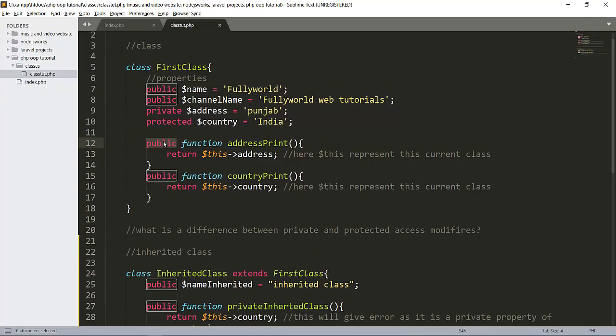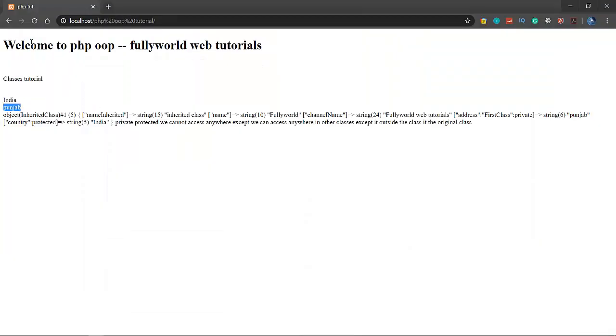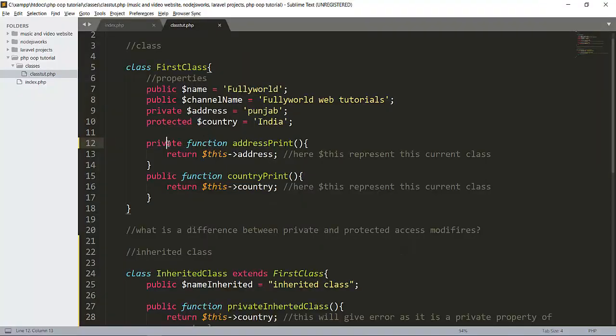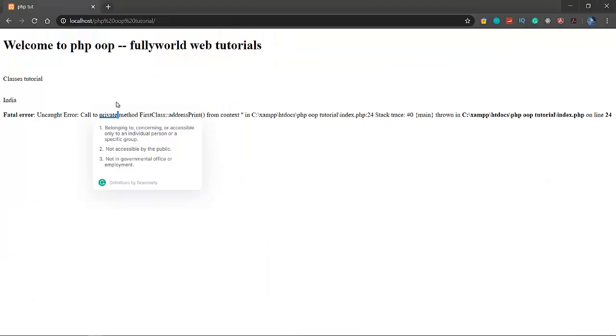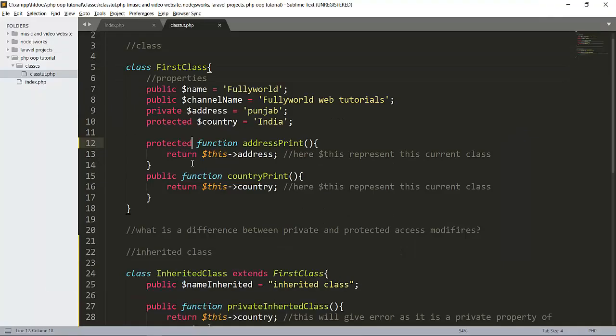If I make this private also, then when I reload this, see that we will get an error, because this is a private method, we cannot access private. So when I write protected here and reload this, see that we get an error, because we are using this directly.